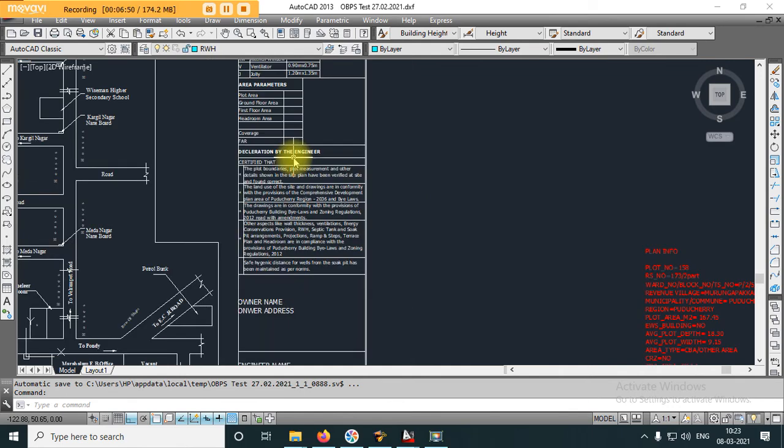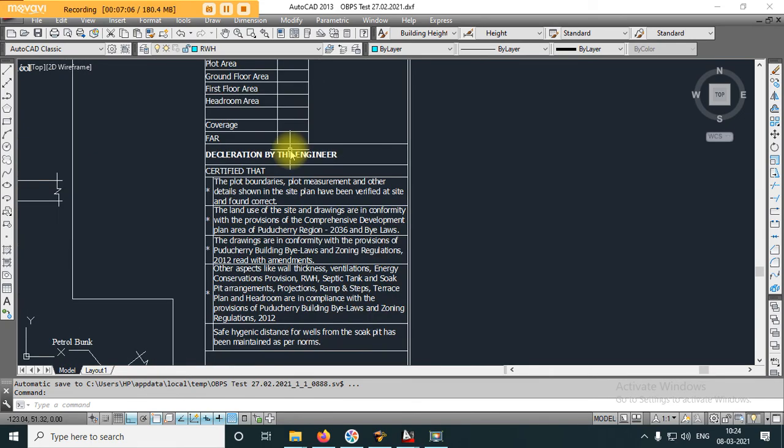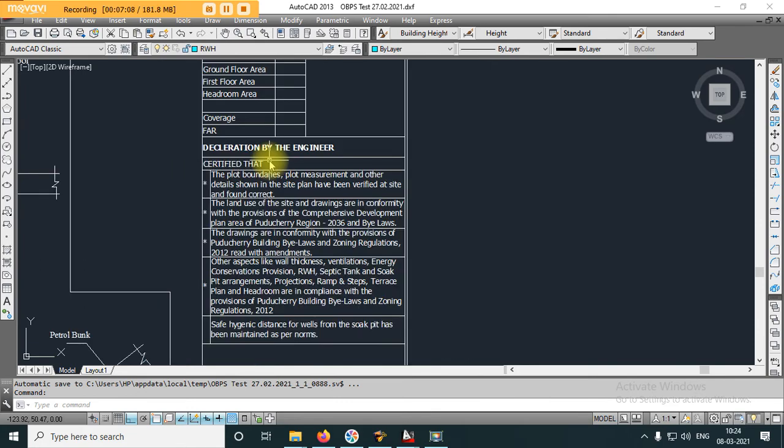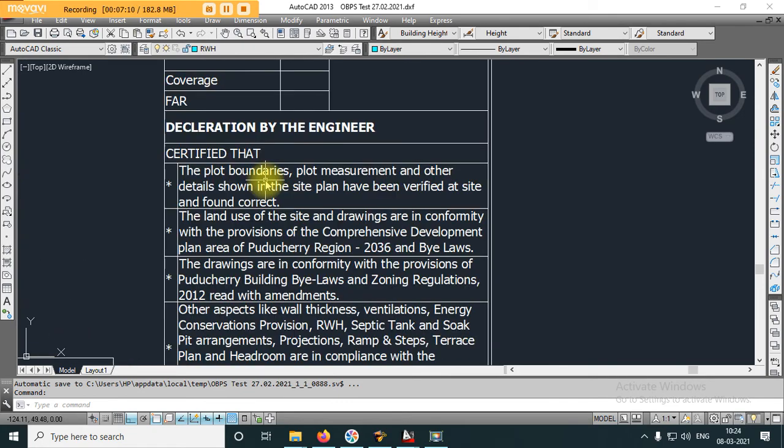Now, what are the things which are not scrutinized by the auto DCR, that is, with regard to plan info and layer matrix, apart from that the engineer needs to give a declaration with the above.